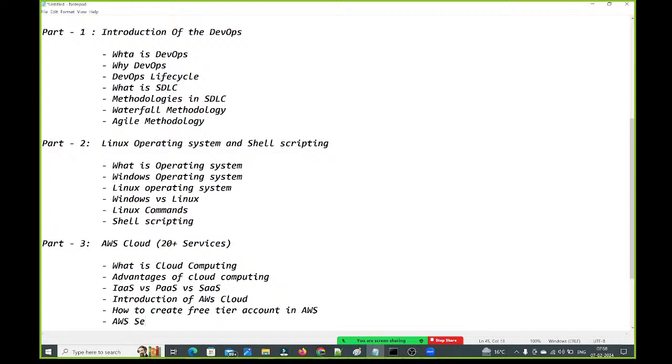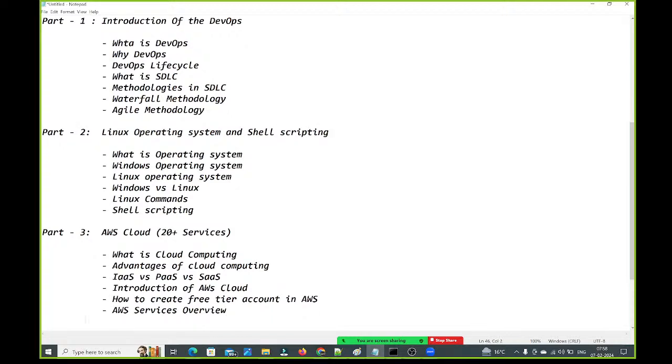At AWS, we have around 260 plus services available and 190 plus countries are using these AWS services. How many countries are using? 190 plus countries. How is AWS cloud managing 190 plus countries?